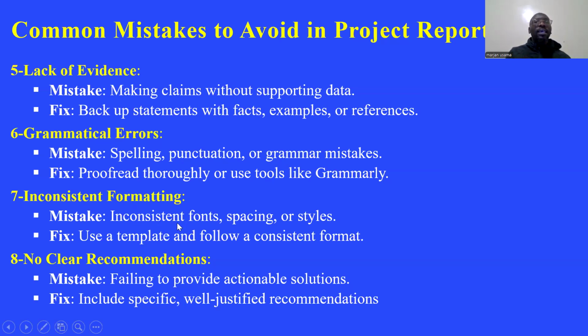Inconsistent formatting, inconsistent font. And this is what we are experiencing with most of our students. In the Lincoln format, they tell you to use Times Roman size 12. It's very clear in our structure. But some students, what they do, they just do their own thing. You go to chapter 1, Times Roman, chapter 2, Calibri, chapter 3, there is another font size, another font style. So you find that you have a research that is a mess.